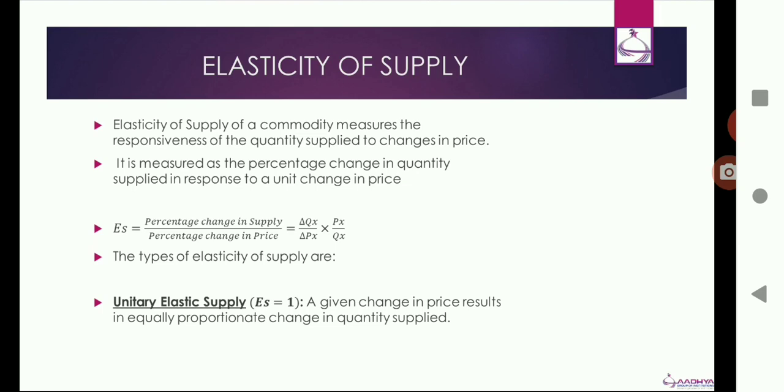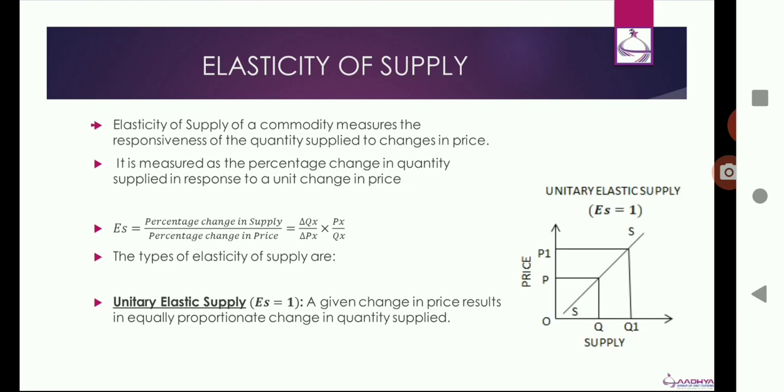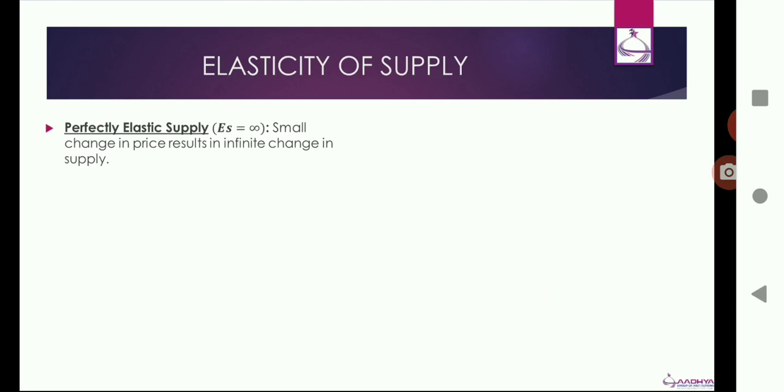So you have unitary elastic supply, where a given change in price results in equally proportionate change in quantity supplied, as you can see in the figure to the right. This gives us an elasticity value of 1, where change in supply divided by change in price is equal to 1. The next type is perfectly elastic supply, where small changes in price result in infinite change